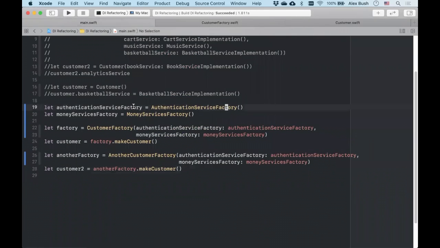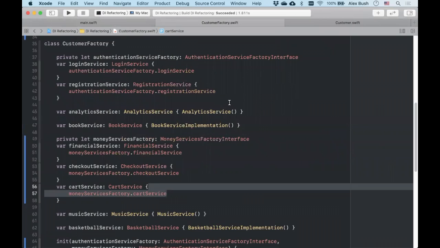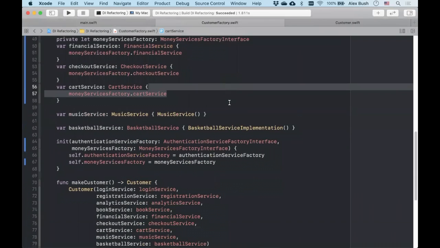All right, so the way you initialize customers now is you still use the customer factory for it, but it has dependencies now on those two factories, right? And you just have to provide them. So it all illustrates one thing, and again, unfortunately, it's a very small simplified example, but this is an illustration of how in your real world code base you would